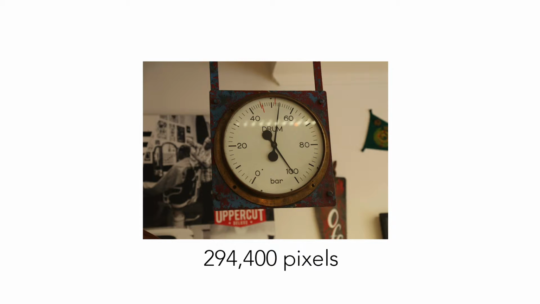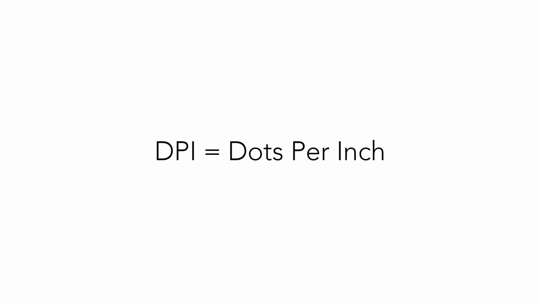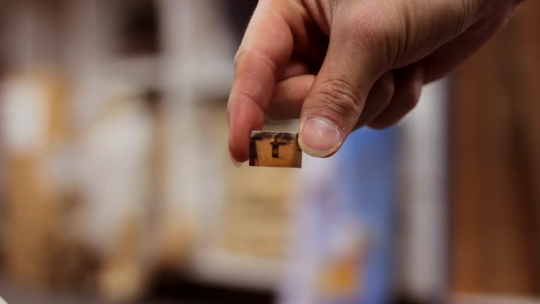more dots are packed within a length, in other words, more density of pixels. This is usually measured in DPI, dots per inch, or PPI, pixels per inch. So if we take the 640 by 460 image and print at 300 DPI, or have 300 dots in 1 inch to make it easier to understand, we will end up with a print that is about 0.8 inch by